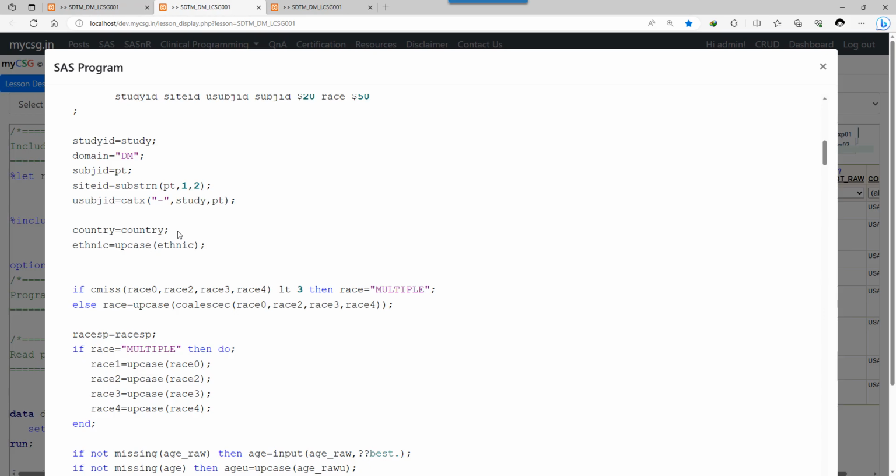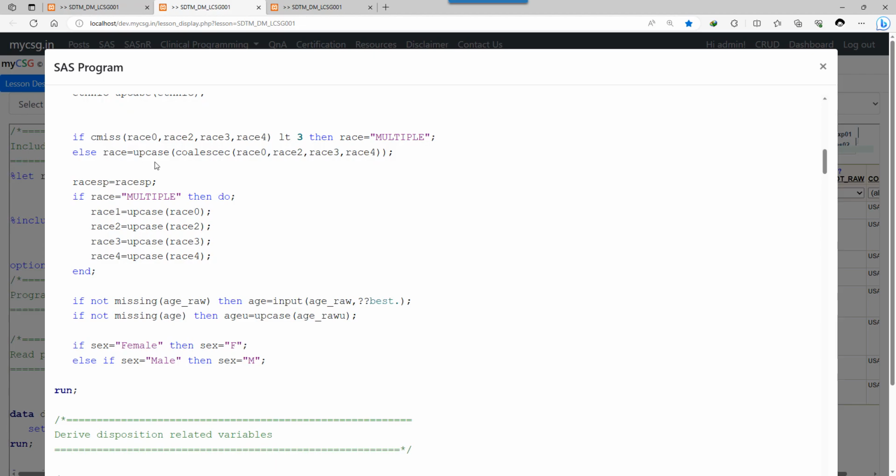So we will have to make sure whether to come up with a personal preference on how you want to program them. And then the next thing that we are trying to do here is create the race variable. So we have renamed the original race variable to race 0, so we are using that race 0 here. So race 0, race 2, race 3, race 4, and then we are using the CMISS function to check how many variables have